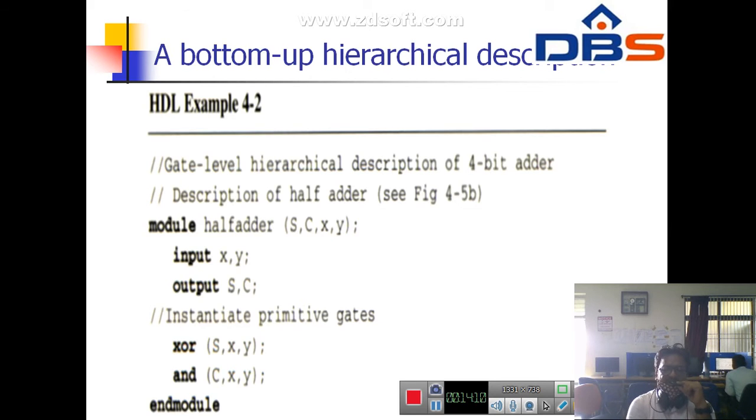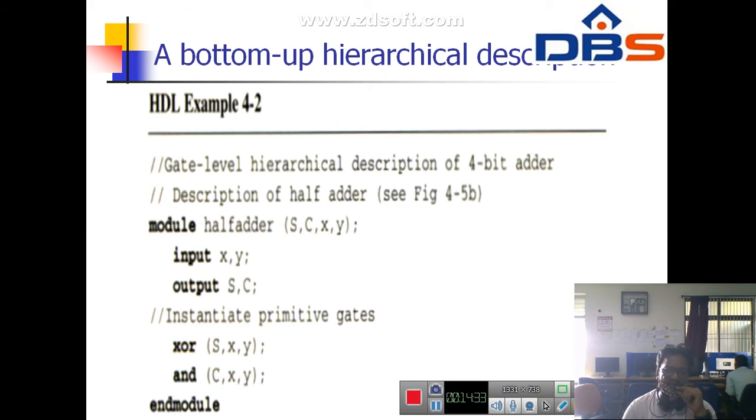Those are nothing but the XOR operation and the AND operation. So XOR of inputs x and y gives the resultant sum function: xor of s comma x comma y semicolon, and we have to perform the carry function, so we use and of c comma x comma y semicolon. By using those gates, we perform the XOR and AND operations.